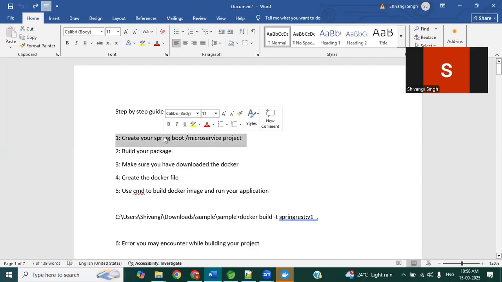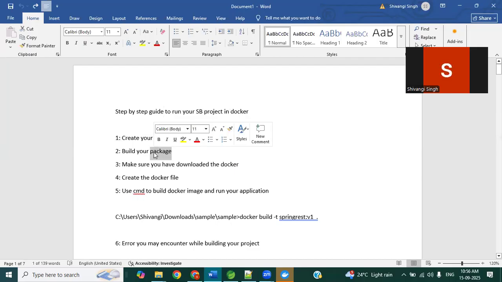Before building your package, you should run Maven clean install on your complete microservice, and then you should go for building the project. Make sure that your project doesn't have errors. If it has errors, when you start running your application, the package won't get created.